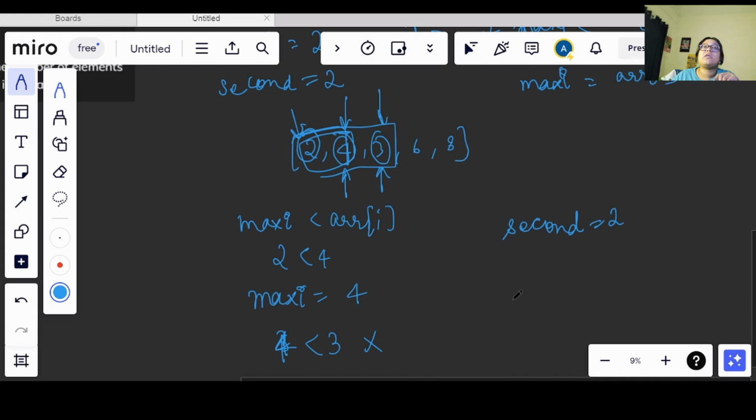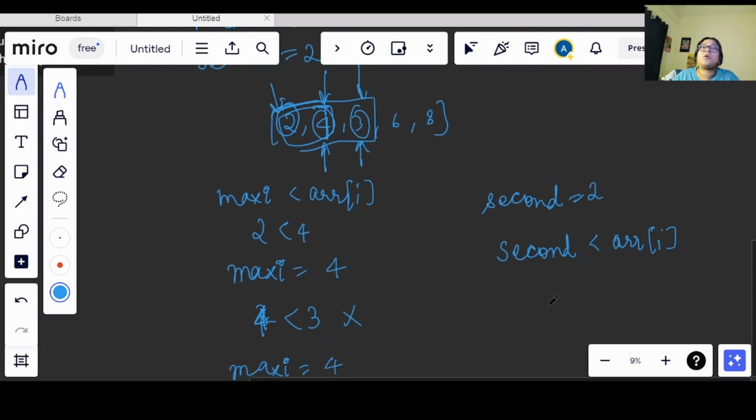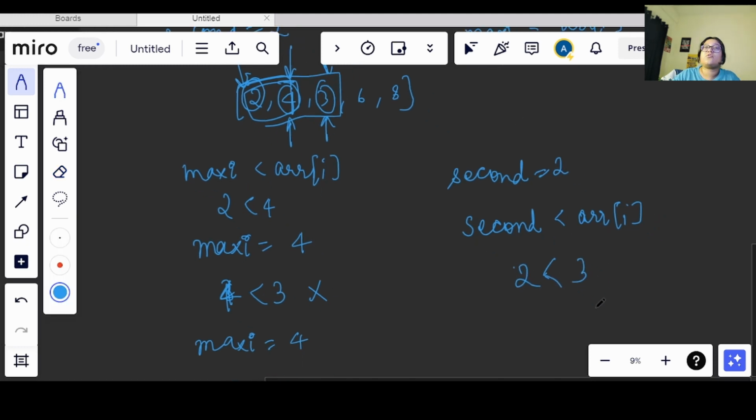So I know that I will have to compare second with array of I. What I can do is check if second is lesser than array of I, and assign that value to my second. So I will check if 2 is lesser than 3, this is true, so now second will become 3.